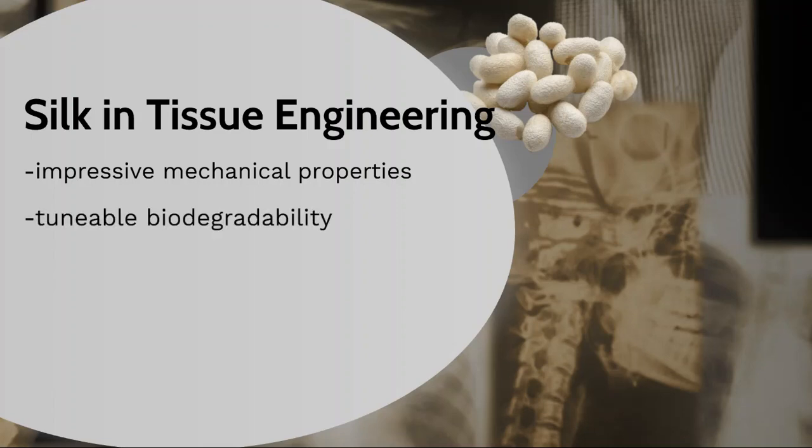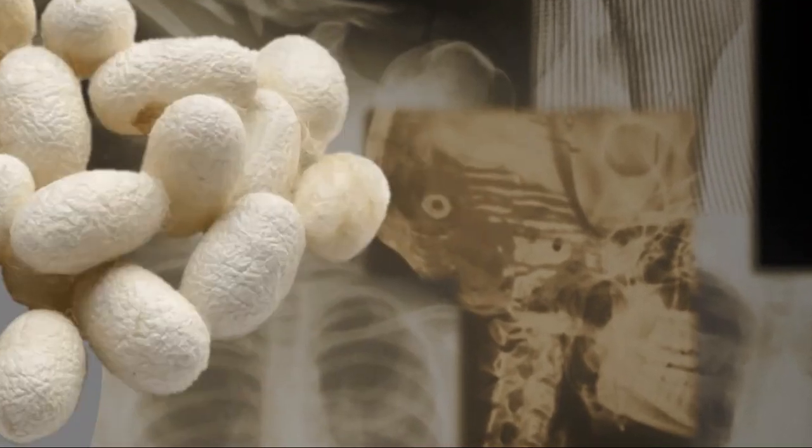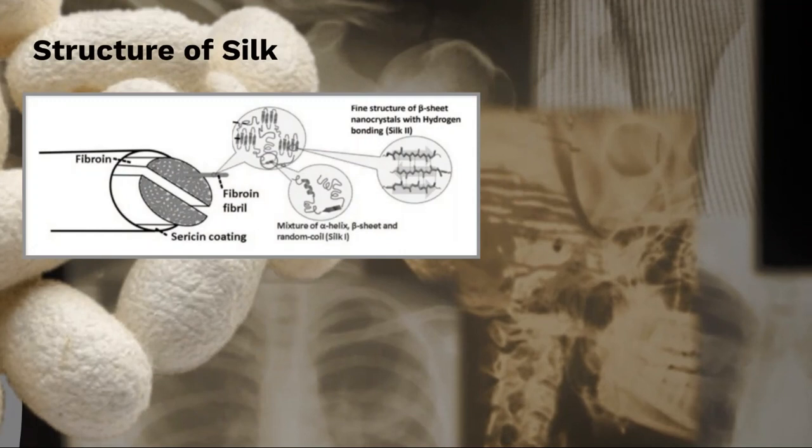A secondary benefit, stemming from silk's use in textiles, is its high availability at a relatively low cost. Silk is also non-toxic and non-immunogenic, making the likelihood of implant rejection appropriately low. Raw silk consists of two fibrillar protein strands known as fibroin, encased in a sheath of the globular protein sericin. Fibroin can be fabricated into a variety of scaffold structures, but first the fibroin must be freed from the sericin